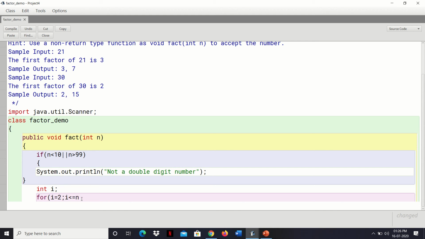Suppose I am taking 21. So the loop will run starting from 2 till 21. i plus plus increments this.